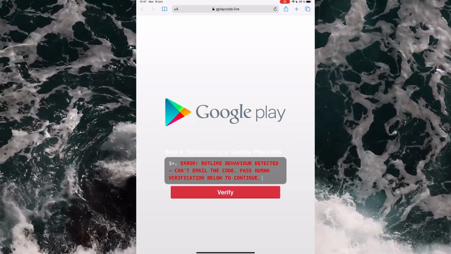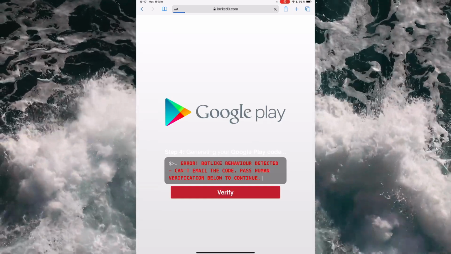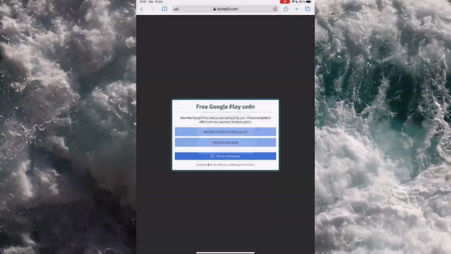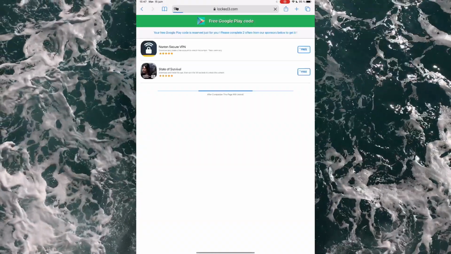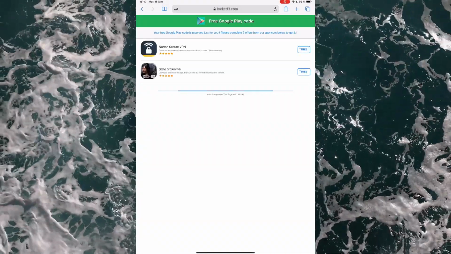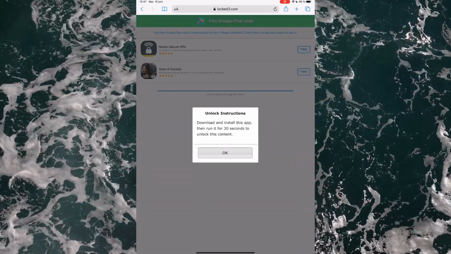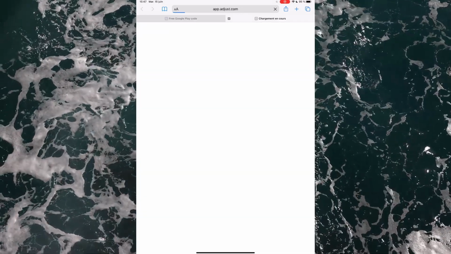Then we will click on the verification button. This is an essential step if you want to have a completely free Google Play code. Now we can see a page with several applications. We will install 2 of them and do what it says, so that the site sends us our free Google